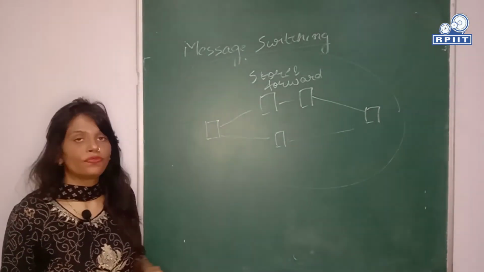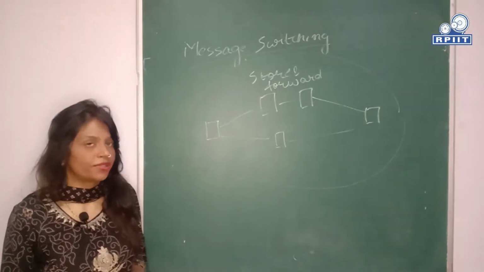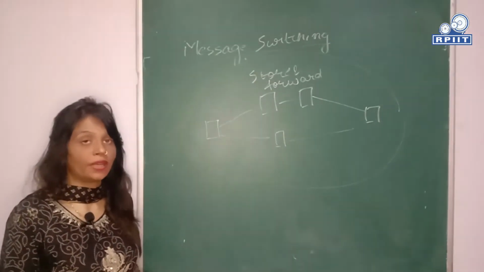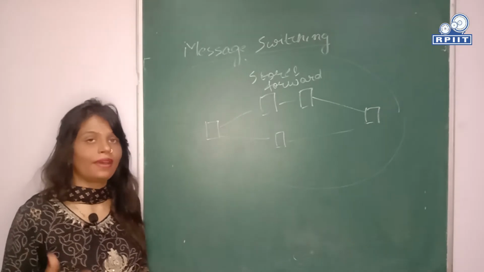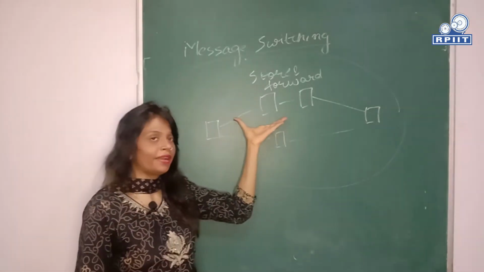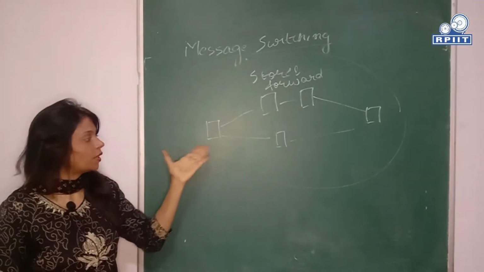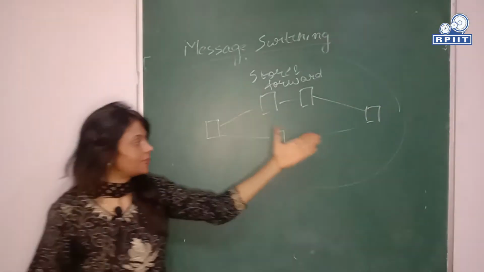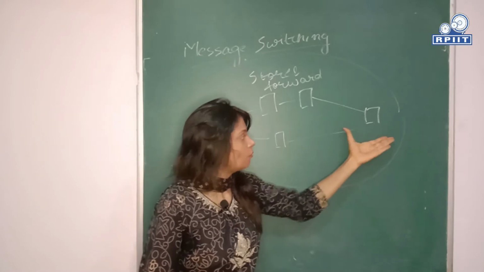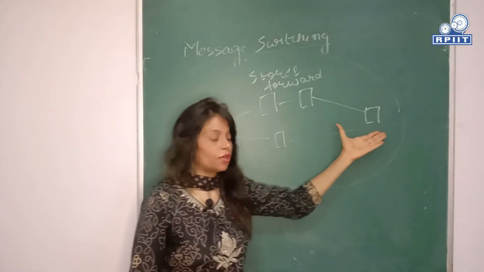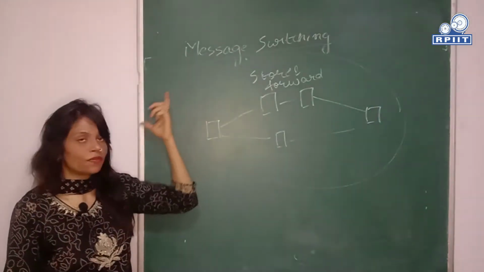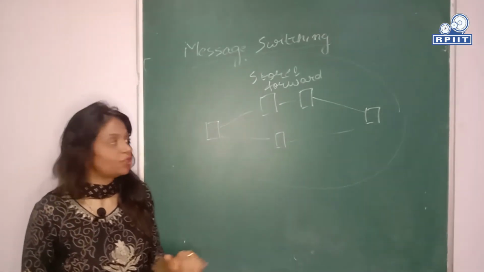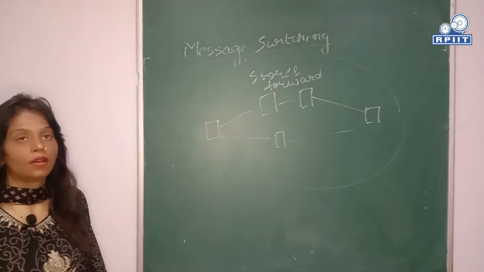This technique is useful for data communication, but not for voice communication. Usually for voice communication, we prefer circuit switching, because in circuit switching, the data rate is fixed, like whenever the rate at which the sender is sending the data, the same rate for the data is received by the receiver. So the data rate is good in the case of circuit switching. That is why we prefer circuit switching for voice communication, but not for data communication.